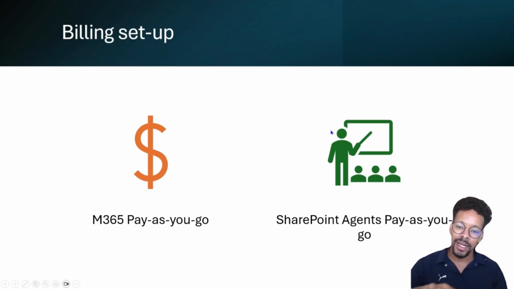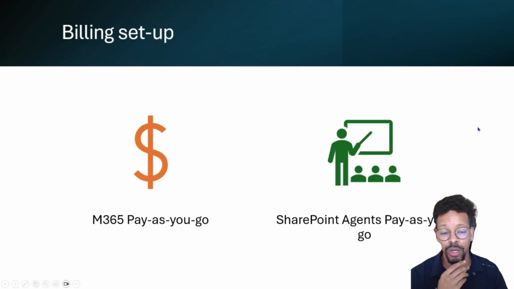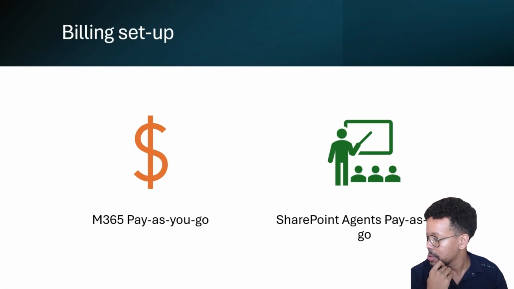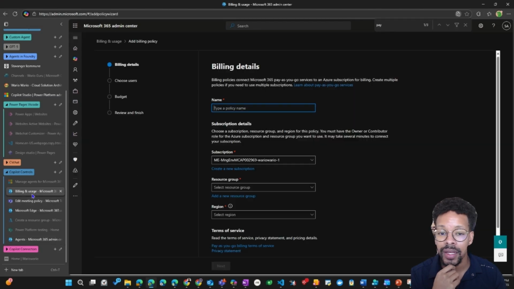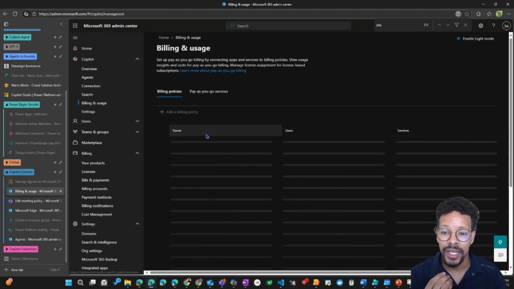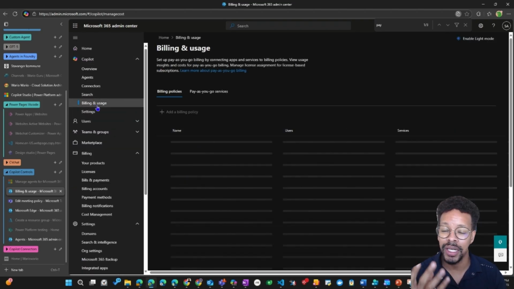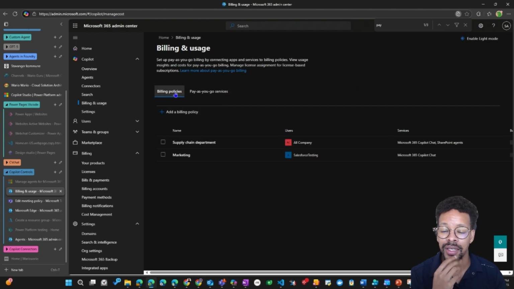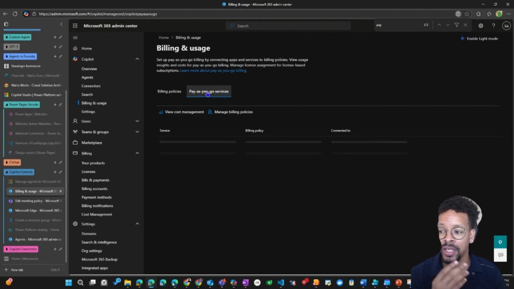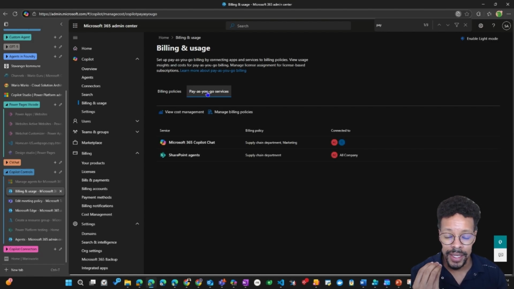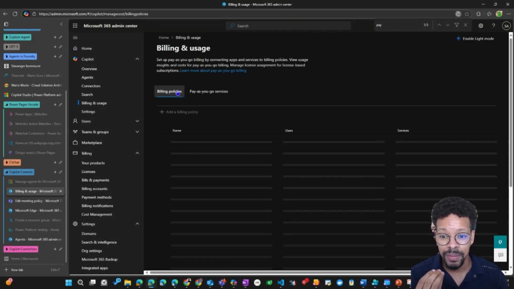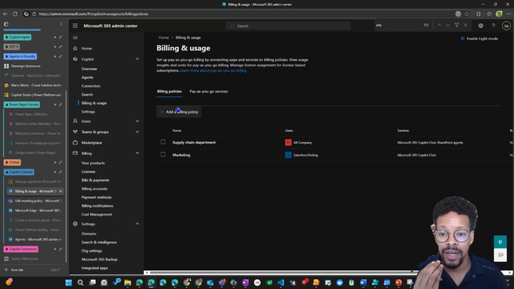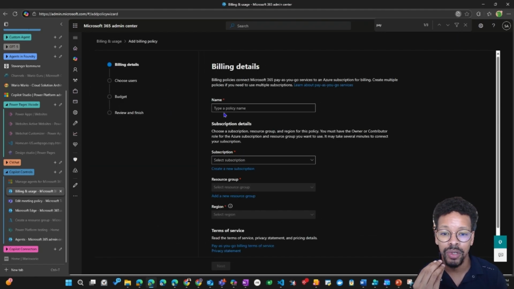Let's look at the billing setup, how we actually set up the billing for M365 Pay As You Go and SharePoint Pay As You Go. So let's jump to billing and usage. For Copilot, you will have the billing and usage here, and you will see the Pay As You Go services that are available. Let's say I want to create a new billing policy. I have to add a billing policy, SP agents,